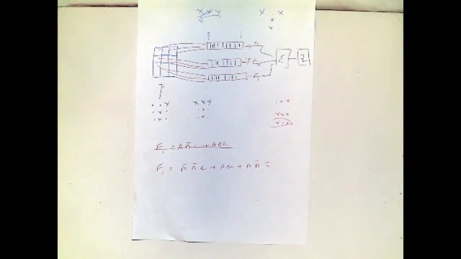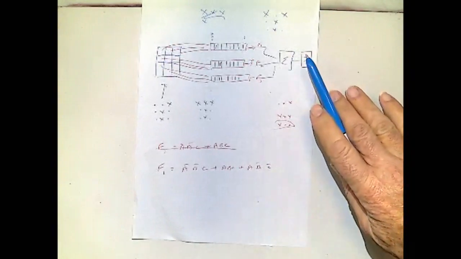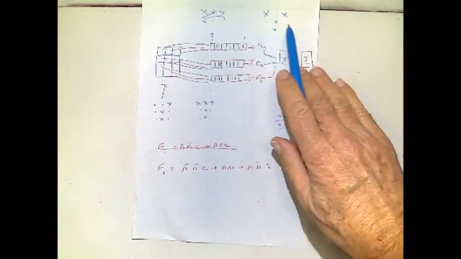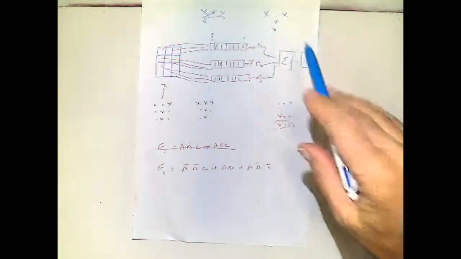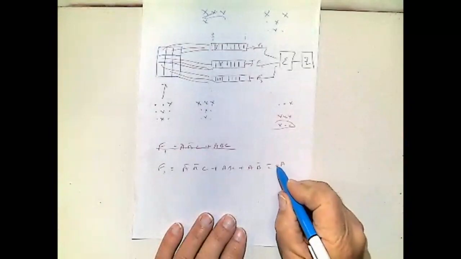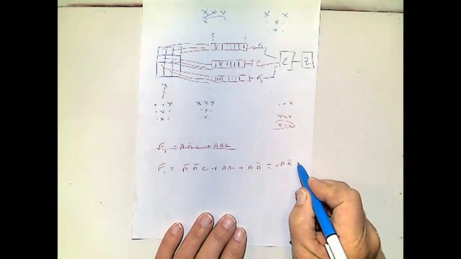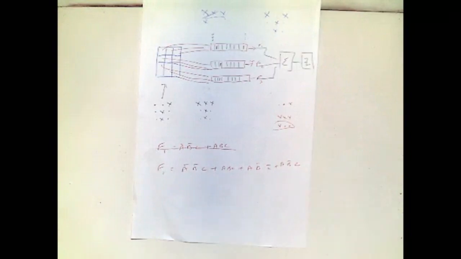And finally, of course, the noise could be in the other lines, in which case the sample would be on the top row the same as it was to begin with. So we have the term A and not B and C. So there are 4 terms in that logic function, and that will respond to all the possible values that could occur in the top row of that character Y with noise present somewhere in the image, which changes one bit. Are you clear on that? Am I making it too simple or too hard?